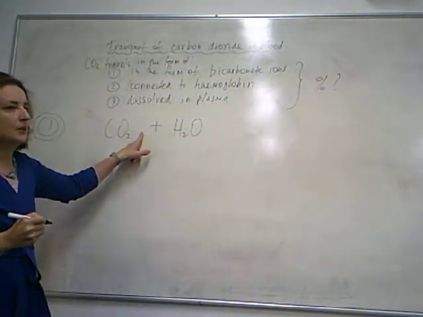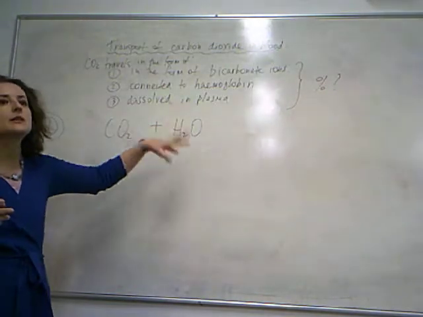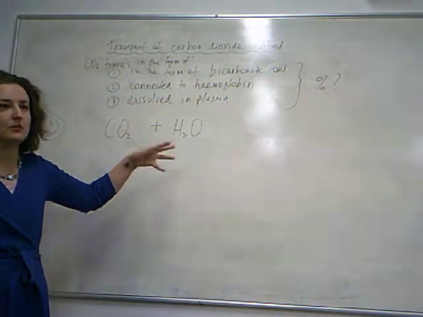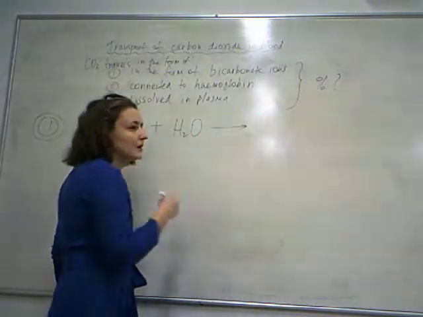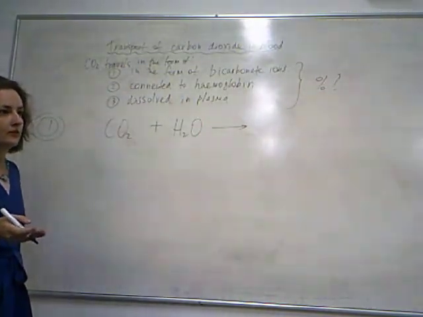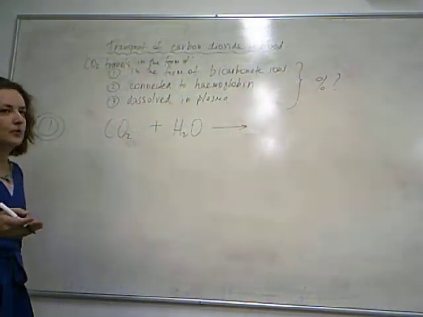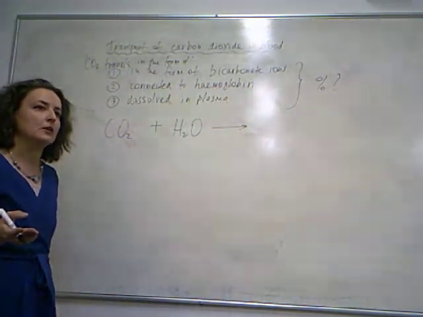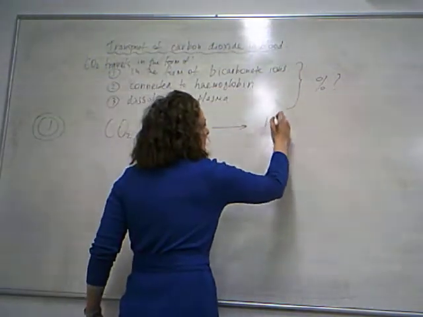So you remember the plus in a chemical formula simply means that you're taking something and mixing it with something else, right? So it's a mixture of. And then the arrow shows that it becomes something else. So what does it become? Carbon dioxide, when it comes into contact with water, a lot of it is going to turn into this chemical, and the formula for this chemical is